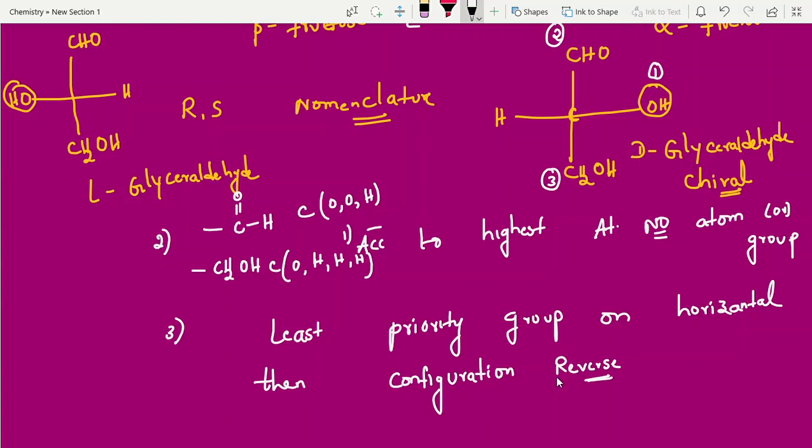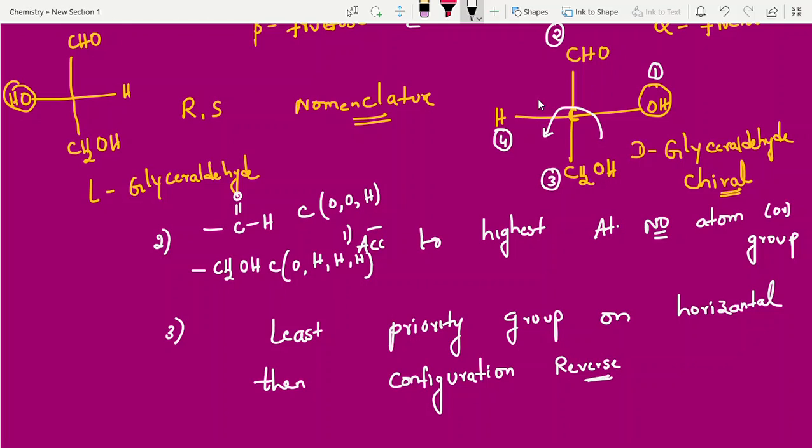Now you can try. So here this is 1, this is 2, 3. Rotation is like this. Rotation like this means actually we expected S, but the least priority group, the fourth one. First 1, 2, 3 are the major ones, you can take them as 1, 2, 3. The fourth one you can see, vertical position or horizontal position. But this is 3, this is 4. Actually we are flipping, interchanging, but that is the long process. You need not go through all these things. Just giving the main 2 is enough, 1, 2.